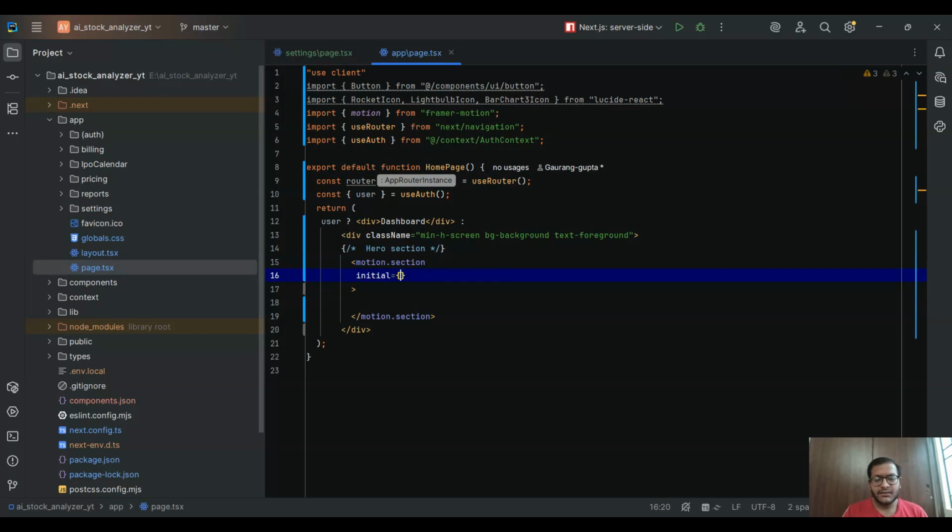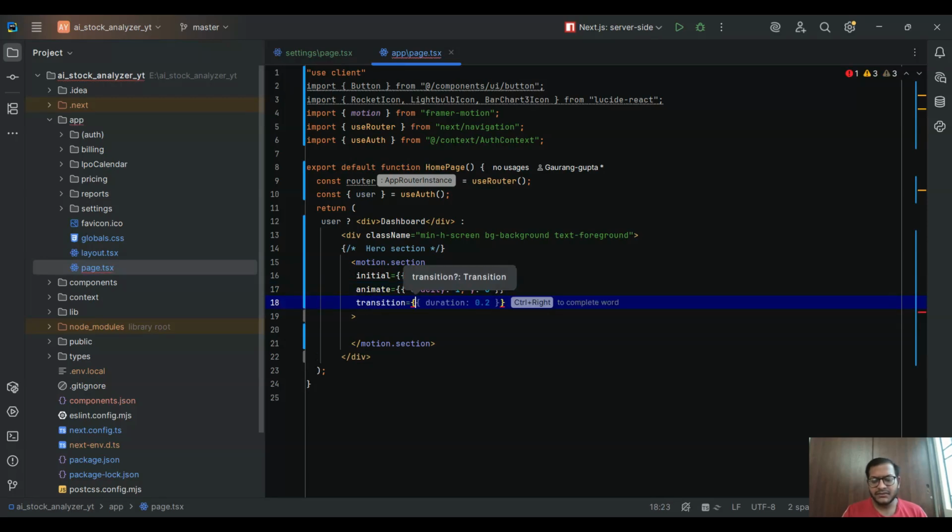Initial, it will be an opacity of 0 with a y of -20. Then we will use animate with opacity of 1 and y of 0. Then transition, duration we will be using 0.6 seconds,